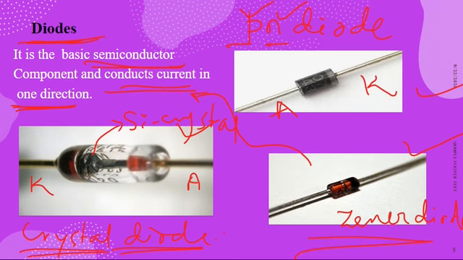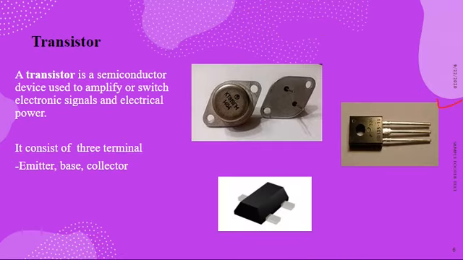Now let's move on to the next module, that is transistors. So transistors are also made up of semiconductors, and they can act as a switch or as an amplifier, and they consist of 3 terminals: emitter, base, and collector. So in the